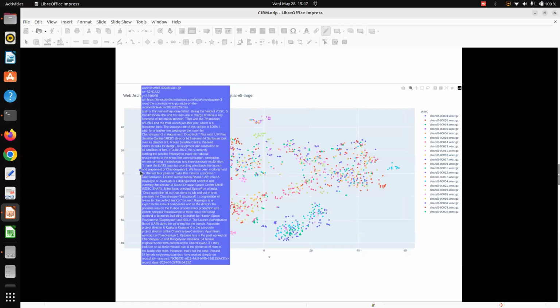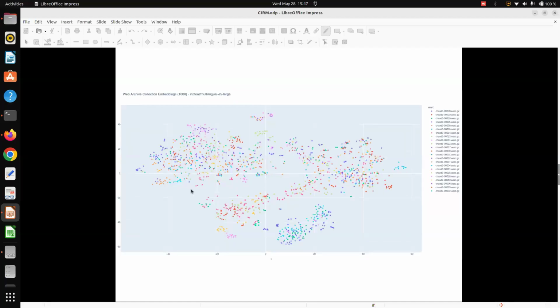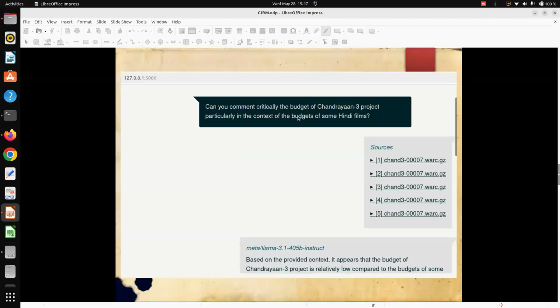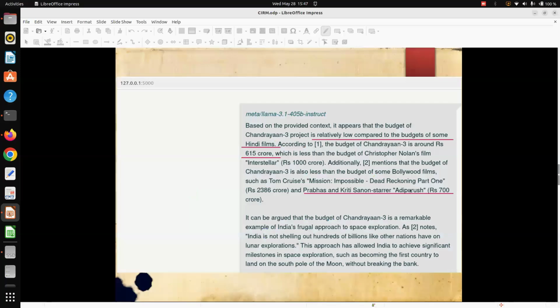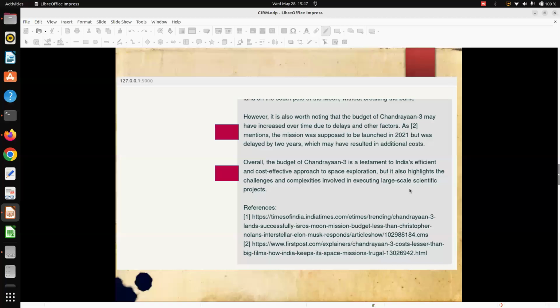And this is, if I click any of these dots, you see every document has an x coordinate and a y coordinate. Say that against this particular question, these 5 documents are most relevant. Then these relevant documents will be thrown to the large language model, and the large language model will come up with the answers alongside the references. This particular part is actually missing in the large language model.